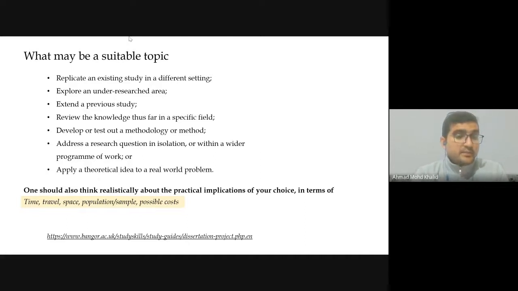And then there can be studies which extend an existing study. There is already work on some topic, and now you want to extend it. Somebody thought of doing research in the Ganga basin about fertility issues and the crop pattern in the Ganga-Yamuna Delta. Now you think of extending that to neighboring river basins, neighboring land areas, or neighboring states. So you're extending that work.